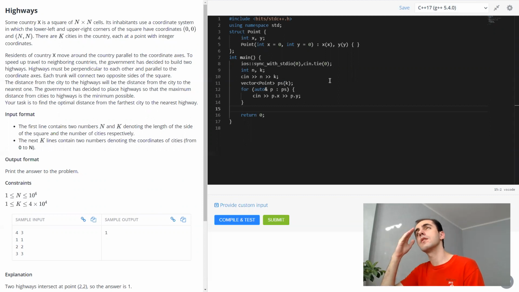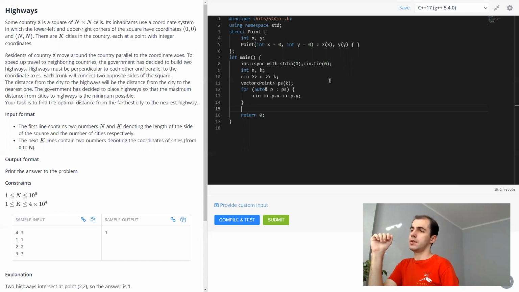So we want to cover each thing. Listen, do we care about binary search? I think that we don't.